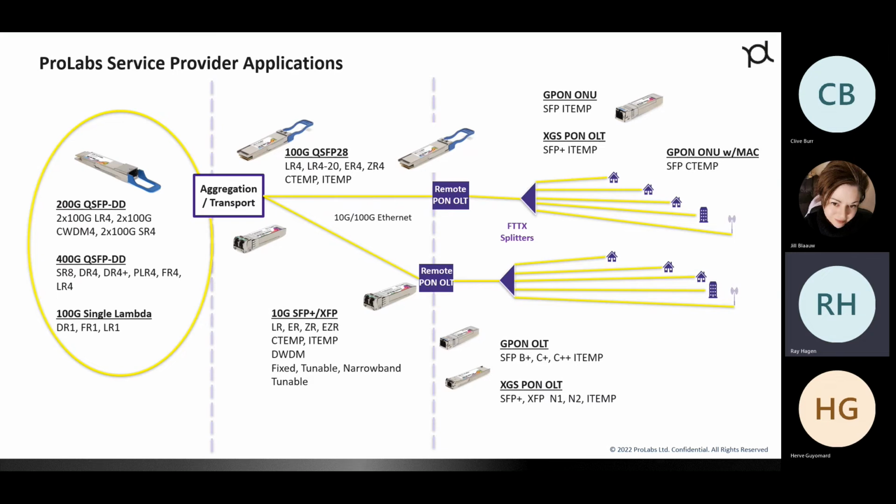So as we move into some of our service provider applications, and we look at the line side, you've got this aggregation and transport where you're aggregating multiple PON OLTs back to your core. And here you may have 100 gig transceivers, you may have 10 gig transceivers. The key thing in that spot where you're going to remote OLTs is the ability to provide industrial temperature. So negative 40 to plus 85 is the industrial temperature envelope, whereas C temp, or commercial temp, is a 0 to plus 70 C